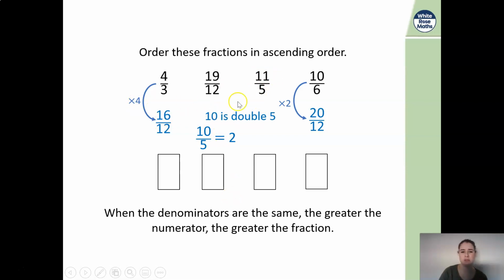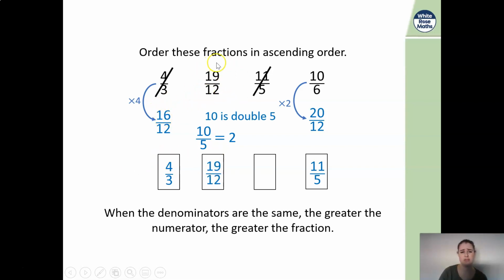So let's match these ones here. So we've got 16 out of 12, 19 out of 12, and 20 out of 12. So we need to pick the smallest one. So the smallest one is going to be the one that's had to be split into more pieces, okay? So we've got the biggest one there, so we can forget about the 11/5 one. The next smallest one is going to be this one, okay, because this one here has got the smallest number of pieces, so we can get rid of that one. The next one that's got the next smallest number of pieces is the 19, okay, so 19 out of 12,